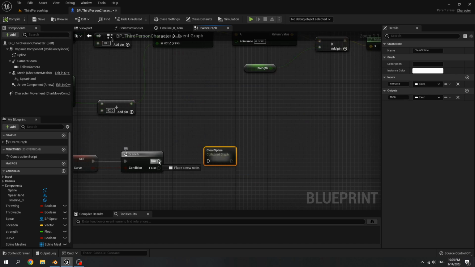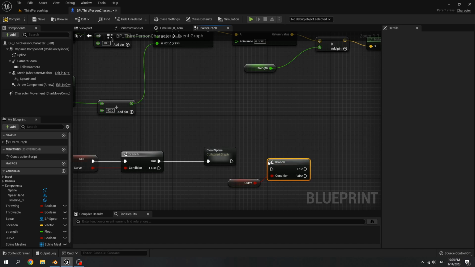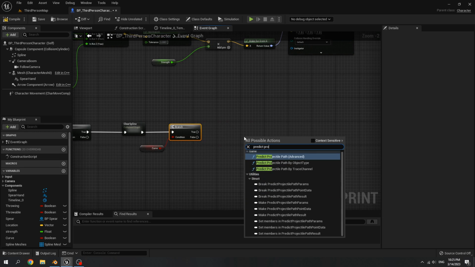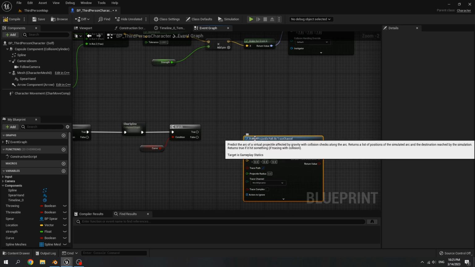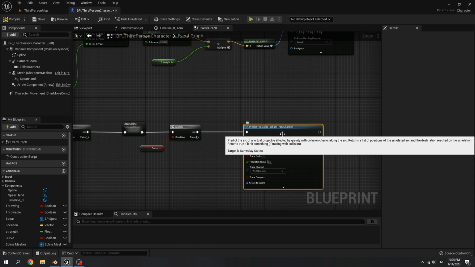If it's true, connect it to clear spline, get curve, then create a branch. Call predict projectile path by trace channel. Connect through to predict projectile path by trace channel.